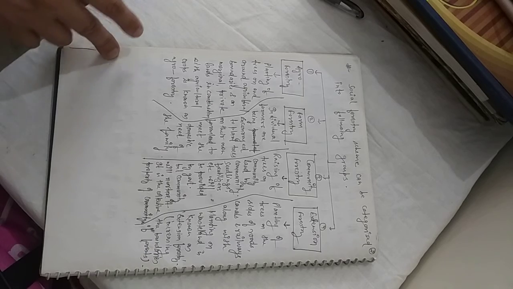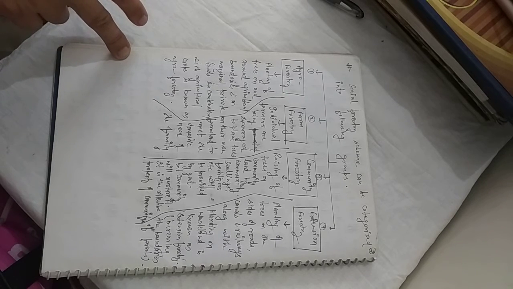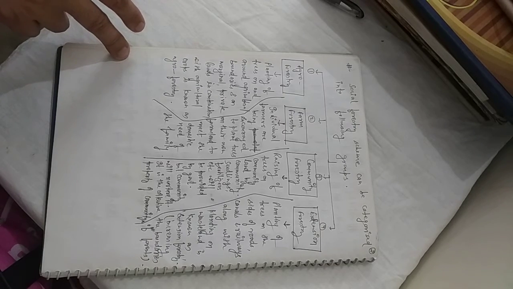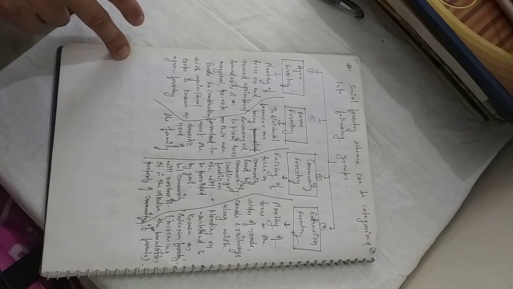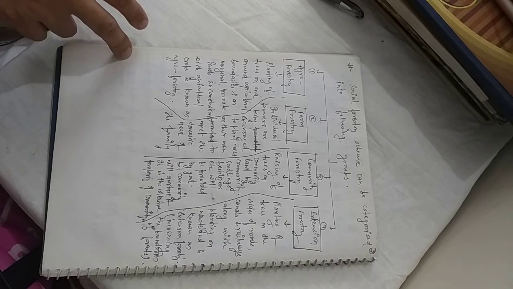The third one is community forestry. As the name suggests, it is any forestry which is done by the community as well as in community land, in villages, in blocks, in panchayats. You see many government lands or community lands which lie fallow. For example, the Panchayat Bhavan complex. Apart from that, some of the school campuses. Similarly, there are many more community or government lands which remain fallow or unused. The community should take the initiative to do plantation or afforestation. Some trees have to be planted over there.